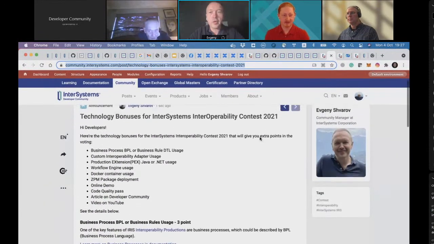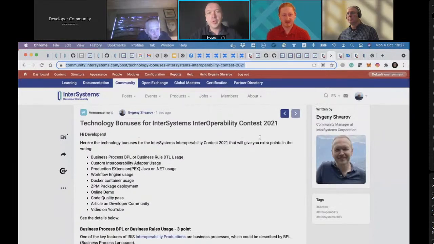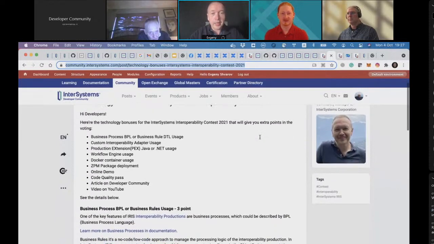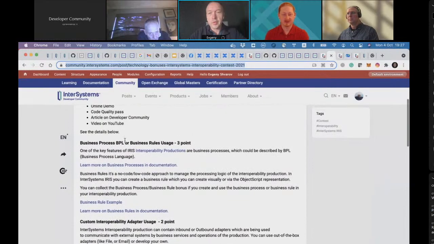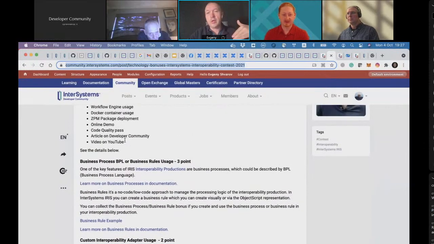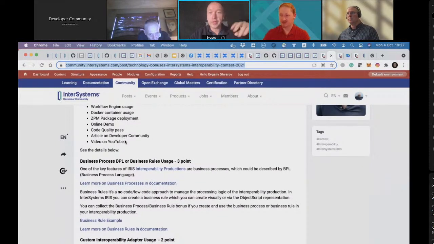So we just published a set of technology bonuses for the InterSystems Interoperability Contest 2021. And the idea is, if you use these parts or technology elements of InterSystems products, you get some additional expert points.